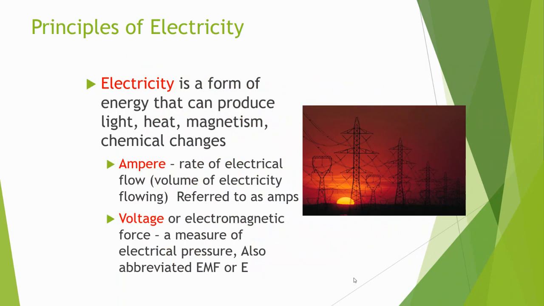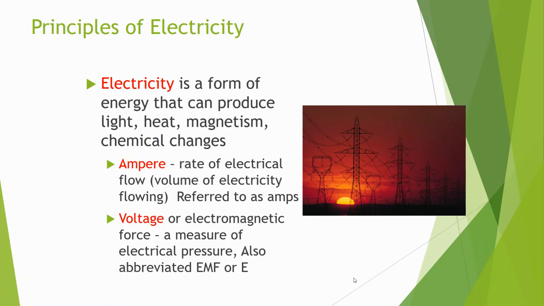To use electricity, you first must understand a couple basic things. The definition of electricity is a form of energy. However, this energy is very important to us in society right now because it can produce light, heat, magnetism, or chemical changes. We use electricity in almost everyday life in the United States, and so we need a lot of measurements of electricity in order to build the circuits to use it, as well as figure out the